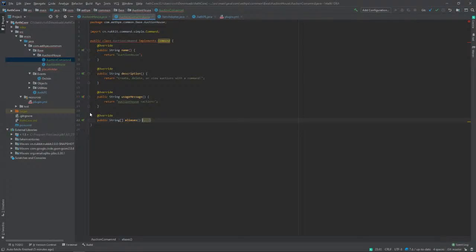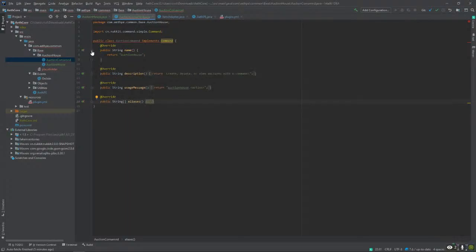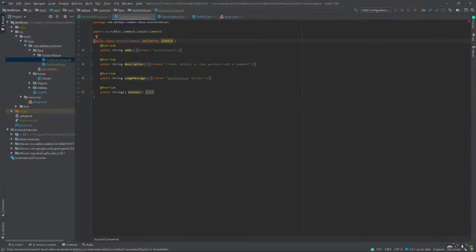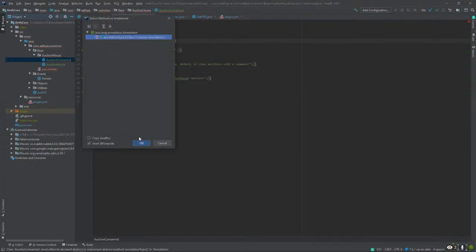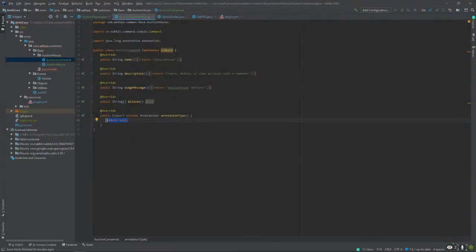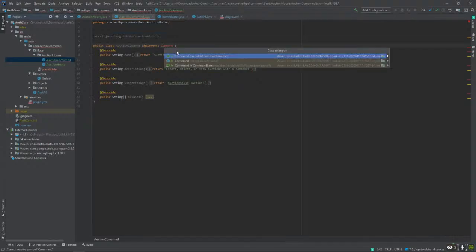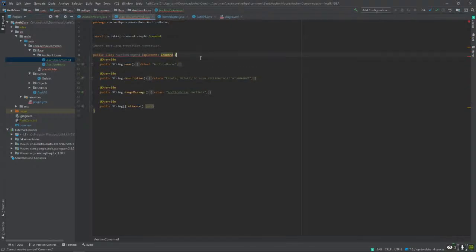Okay, so now I just need to register this as a new auction. Implement methods. That's an issue.